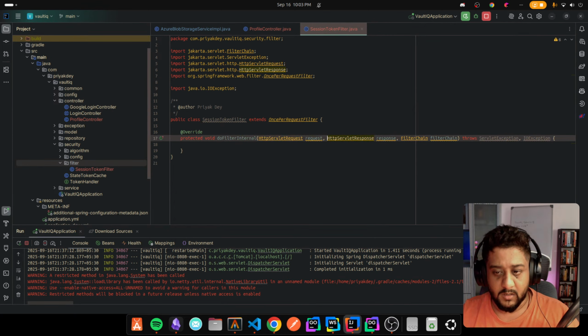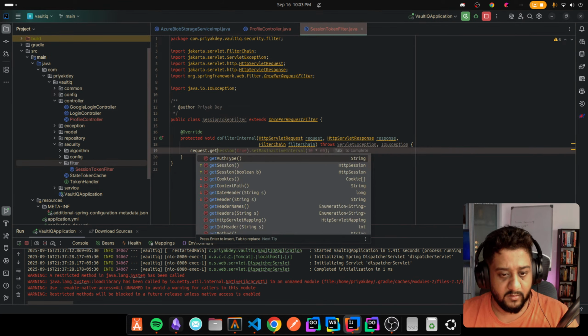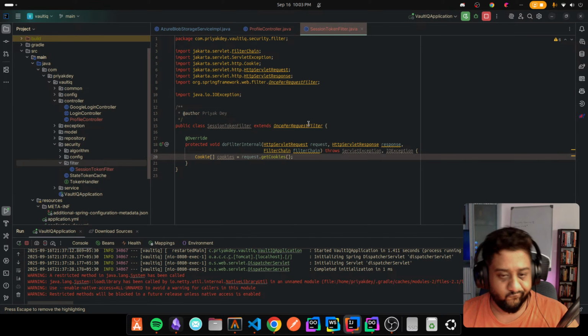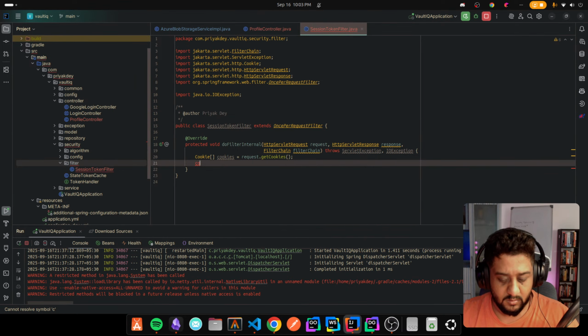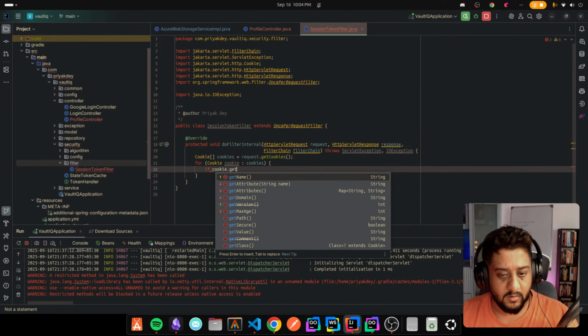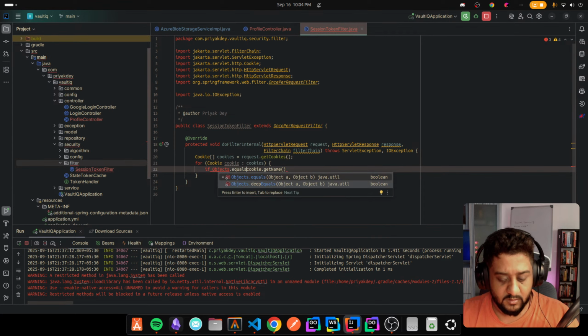Okay. So yeah, the first thing we have to do is request.getCookies, and this is gonna be cookies. So now cookies, for cookie, if cookie.getName().equals